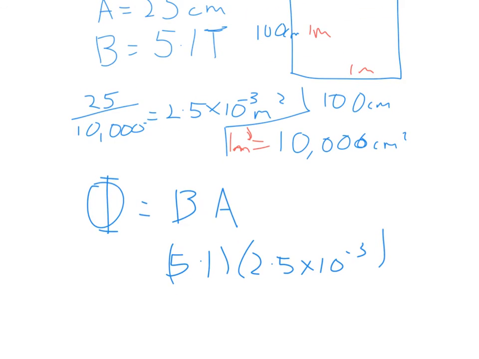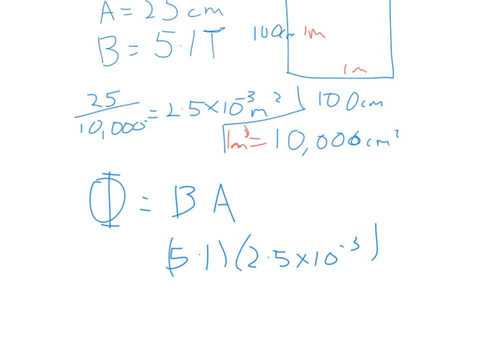If you multiply that out in your calculator, you will get 1.275 times 10 to the minus 2 Webers. Now remember that this is just for our first